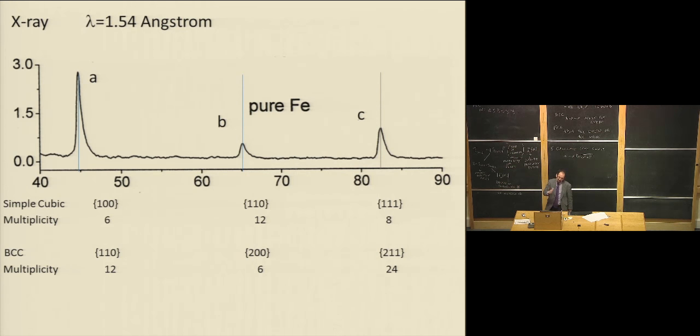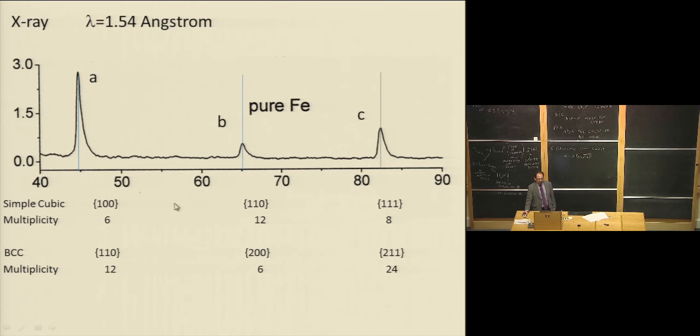Now remember, at this scattering angle, the Lorentz factor is decreasing. The form factor is always decreasing as a function of increased angle. So you would naively expect that A should be bigger than B should be bigger than C. But it's not. C is bigger. The only thing that could possibly explain that is if the multiplicity of the peak C is bigger than the